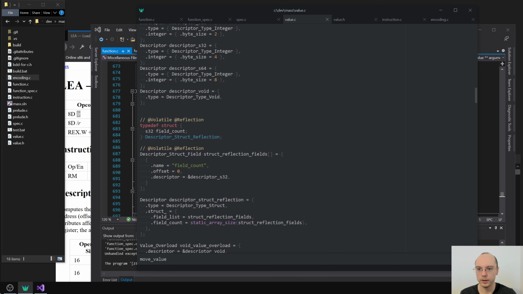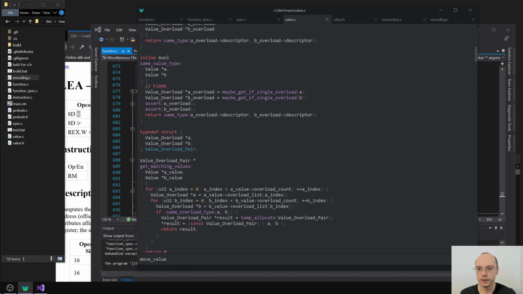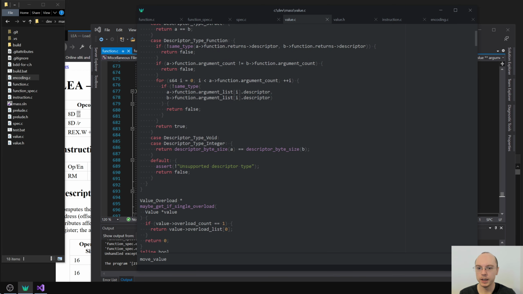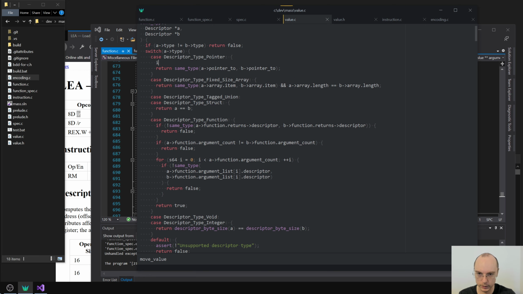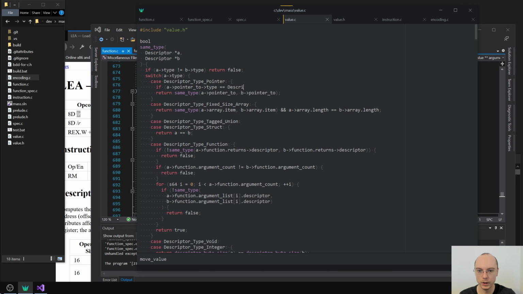So where we check, where is it? Same type. Yes. So if a pointer to type is descriptor type fixed size array, that's even a great autocomplete, and a